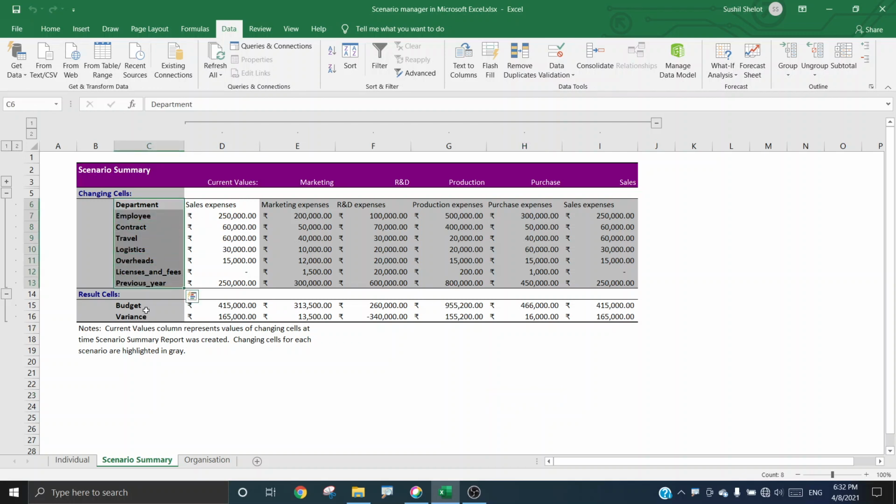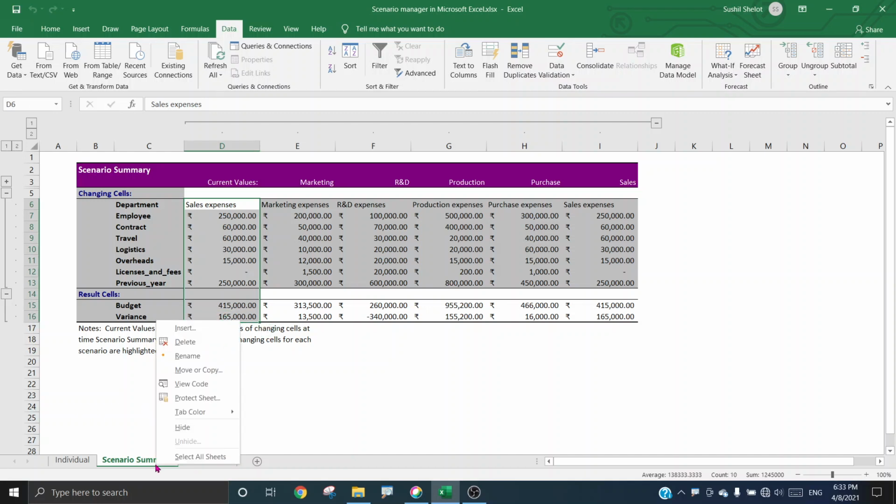That was the reason, here you see. Now when you see department, employee, contract, for all these parameters you see the variable values for all these departments or the scenarios, right? So the top management or a reviewer of this budget can in a single go make use of this scenario manager and choose to take decisions based on the values keyed in by all departments or the contributors.